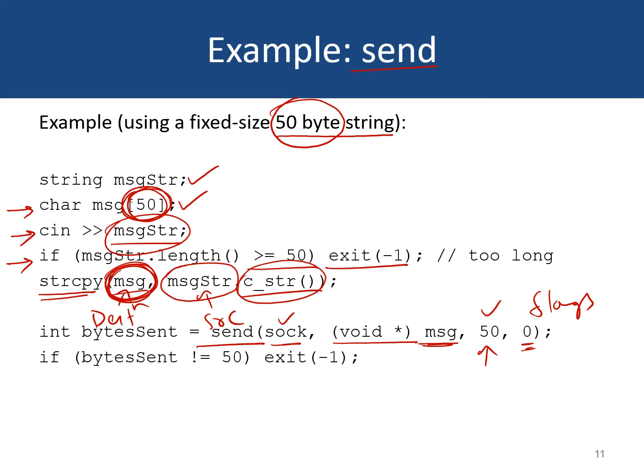On success, recall, the send function returns the number of bytes that were sent successfully to the socket. So finally, we will check whether the number of bytes that were sent is equal to 50, which was our original plan, the original message size, right? So if bytes sent is not equal to 50 in this case, this means there was some error in sending the message. The complete message was not sent, and so we will terminate the program. Now note that this is a very simple example, and that's why if the number of bytes that were sent is not equal to 50, we terminate the program.